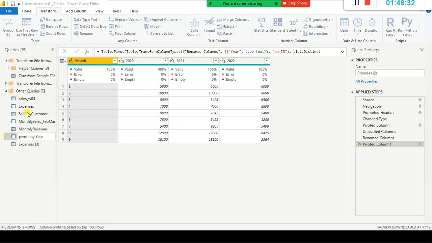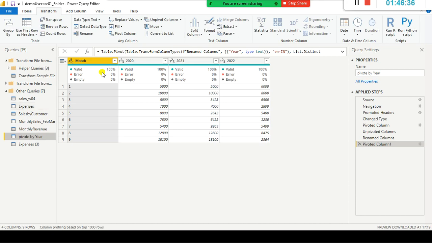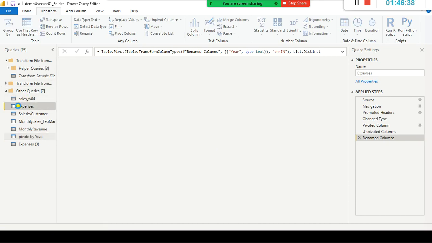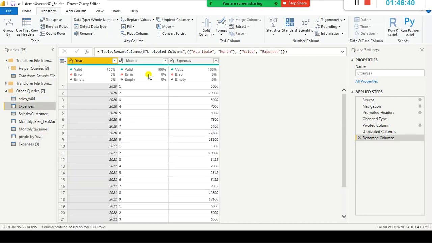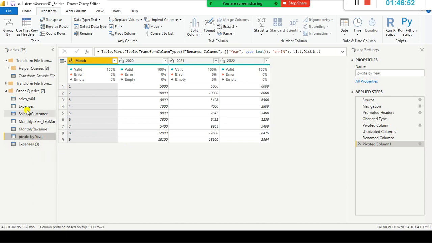Fine. Now I go and check this one. I just click on this one. This one remains as it is, and here is pivot by year. You have a separate thing here, another query, though it is a copy of this one and a reference of this one.